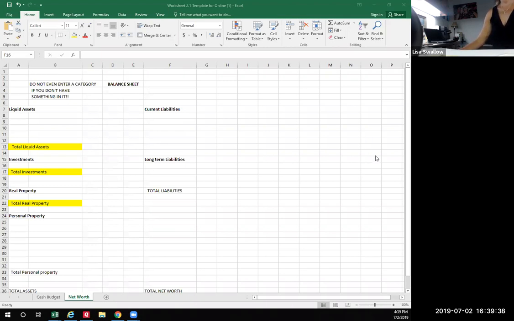Hello, today we are going to take a look at using Excel to set up a net worth statement. You should see on Moodle worksheet 2.1, template online is the name of it. That's on your Moodle shell